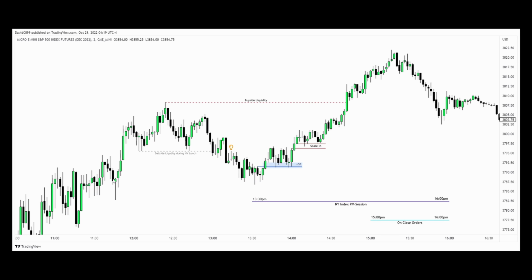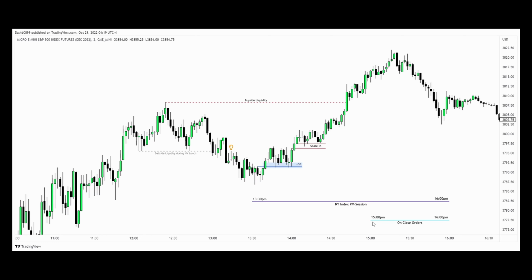Price traded into a 2-minute bullish order block, which we can see here. Long entries are getting accumulated in here. We can see the bullish market structure shift on that candle. This is an early sign that the order flow is now turning bullish. We have the displacement higher in price and the fair value gap inside a bullish order block to enter long and target buy side liquidity and or the on close orders time